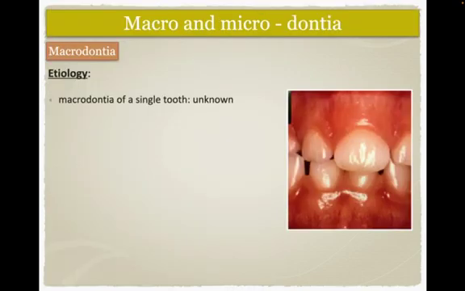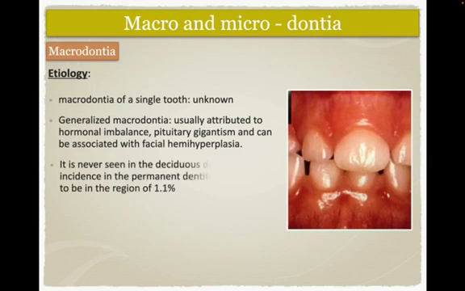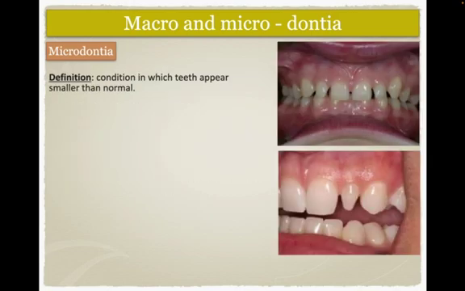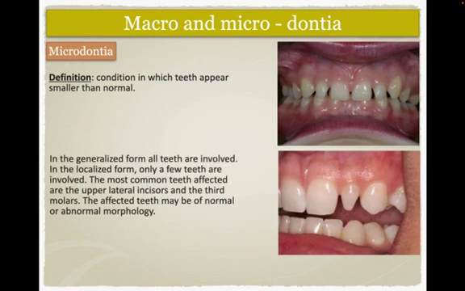Then we have to talk about microdontia, which is basically the condition in which teeth appear smaller than normal. If you look at the teeth, you can see that they are smaller than normal. It could be generalized, involving all the teeth, or it could be localized, involving single teeth. Now, if it involves single teeth, the most common tooth to be affected is the upper lateral incisor,